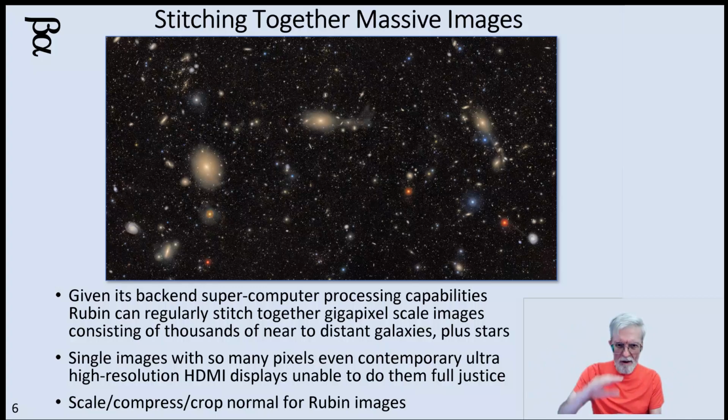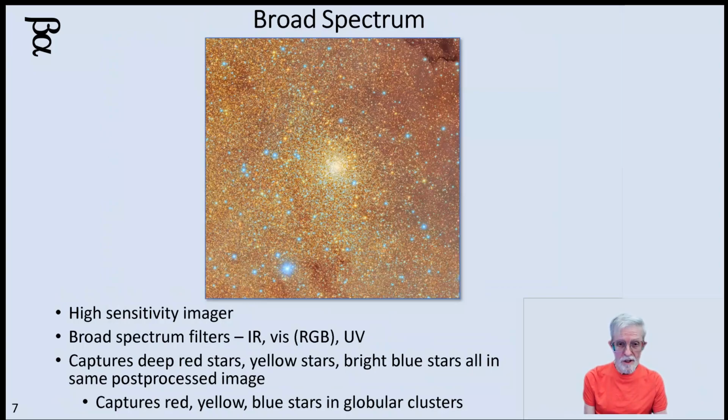Scaling things up and down and cropping them and taking pieces out of them is going to be the norm for dealing with Rubin images. Rubin is also broad spectrum. This means it can see with filters associated with infrared, visible, the typical red, green, blue, and ultraviolet, or deep blue into ultraviolet, not deep ultraviolet, nor can it see in deep infrared, but it sees a wide enough swath